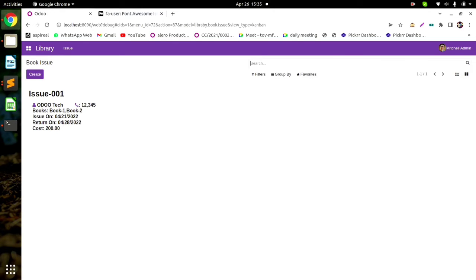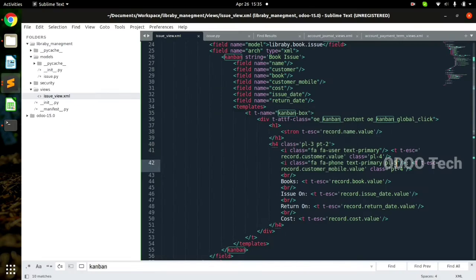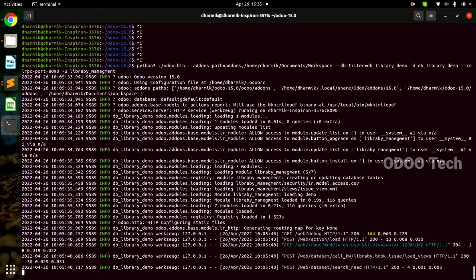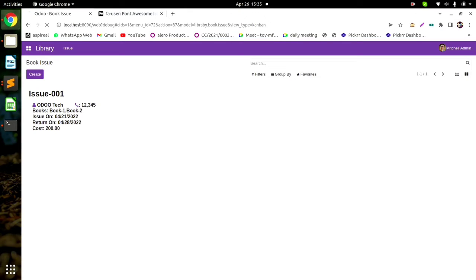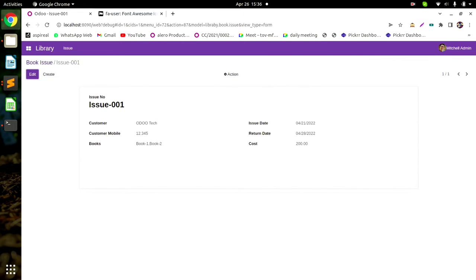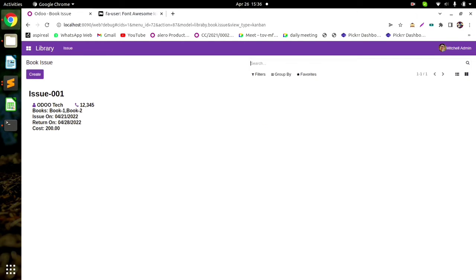Here I upgraded it. Let me refresh it. You can see the 2 lines came. Here the double quotation and colon also came. So it's because of this one. So I'll remove that one, refresh it, restart the server, and refresh the page. As you can see, I got to see my user logo and phone logo also. For the books also I can do the same, and all the details in the Kanban. Now it's clickable also. Okay,